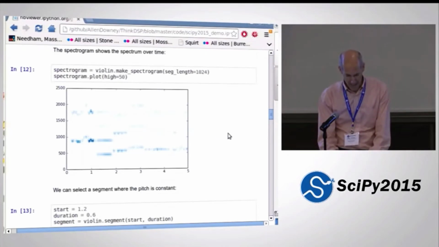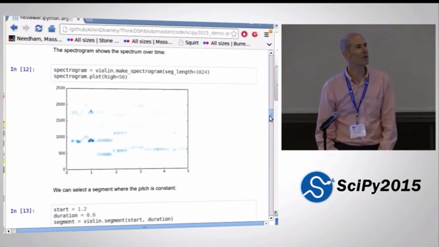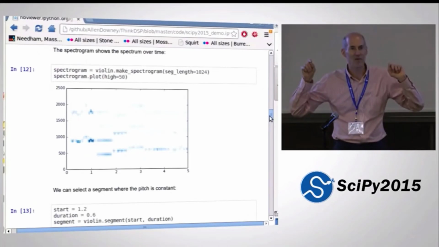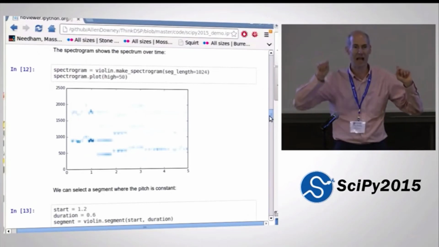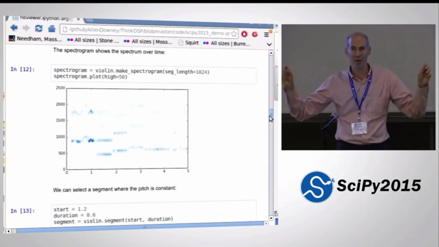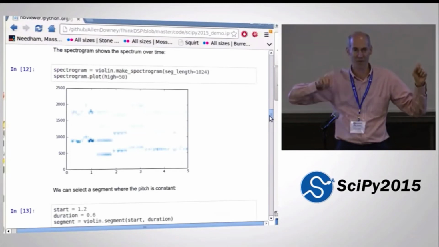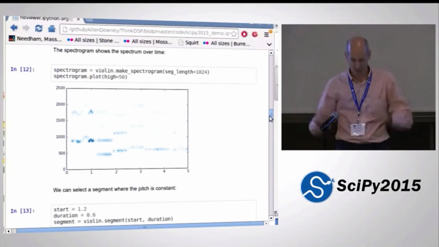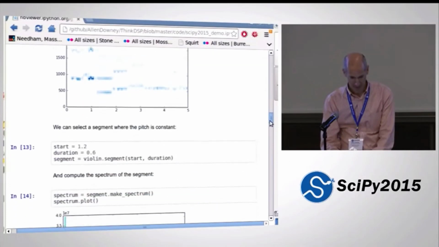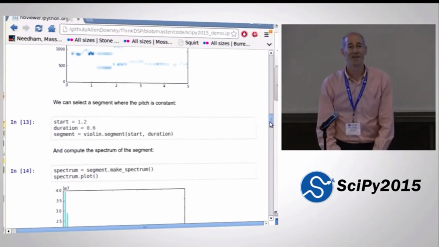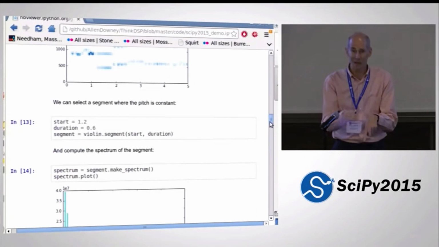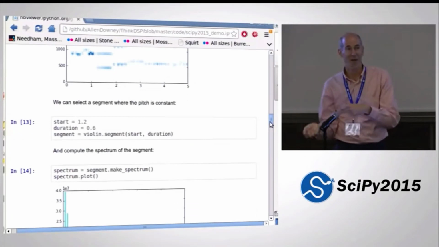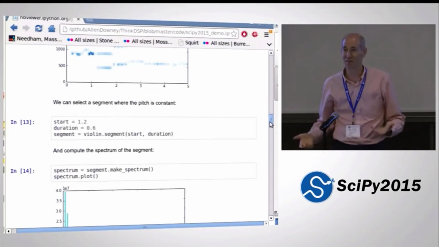And in fact, one of the things that you can do with this, do you know who knows about Parsons code? Do you know about this? Oh, this is a very cool thing. So if you have a piece of music like this and you just figure out whether the sound goes up, down, or stays the same, you can encode a melody using U for up, D for down, and R for remains the same. You can then type in that Parsons code to, I think I have the link here, and it'll tell you what the song is. So I didn't recognize that melody, but I used the spectrogram to figure out the Parsons code, typed it in, and identified that piece of music.